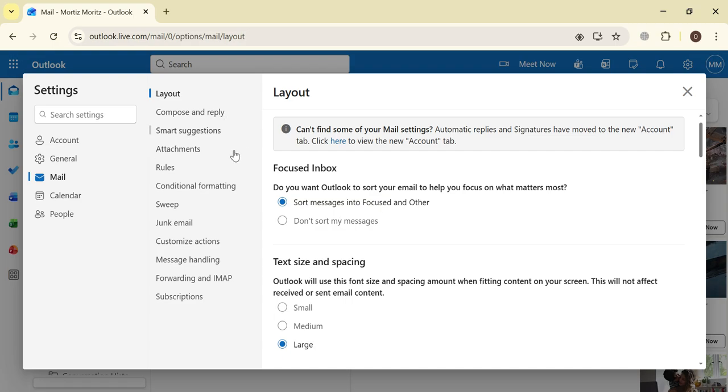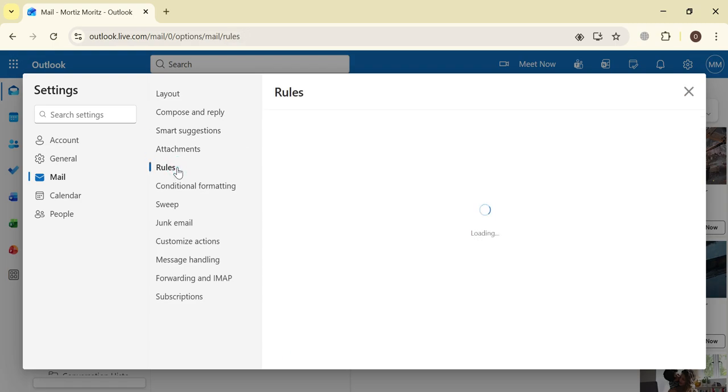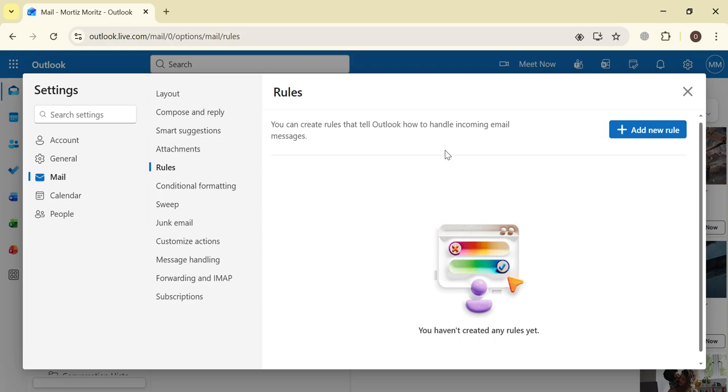Okay, so there is another section for the rules which I was talking about in the start. In the rules section you can add a new rule in which, if you are getting email from a specific person with specific keywords, then you can add the email of that person. You can add the specific subject, and you can also add the specific keyword, so that all the emails sent by the same person or the same email address containing the same subject or the same keywords will be sent into another folder. So this is how you can organize the emails of that specific person into a specific folder.